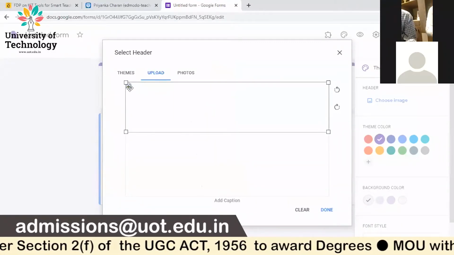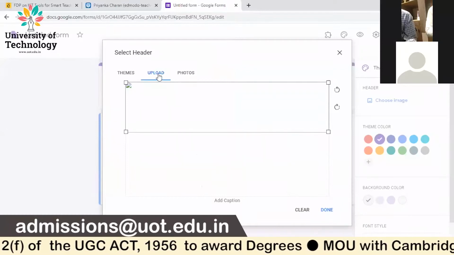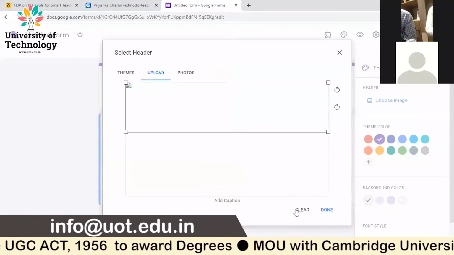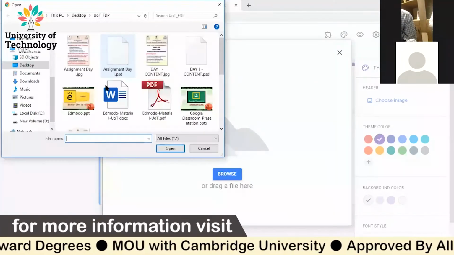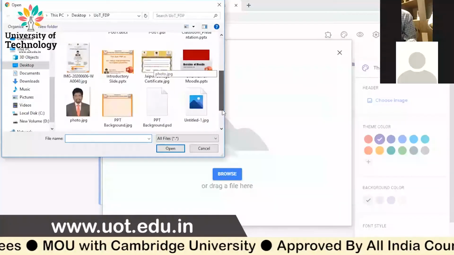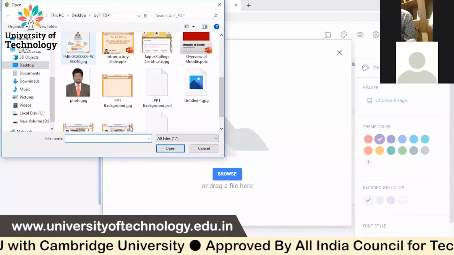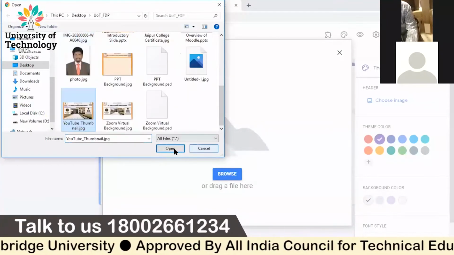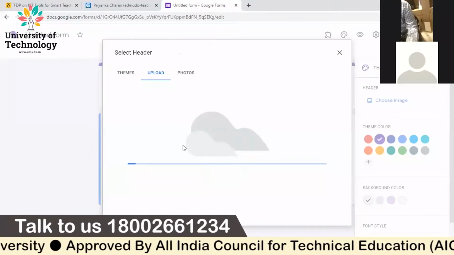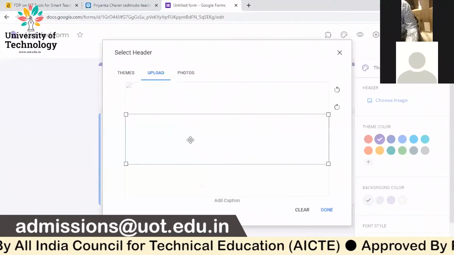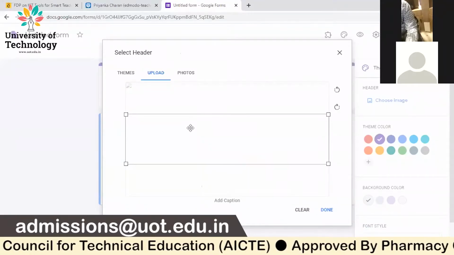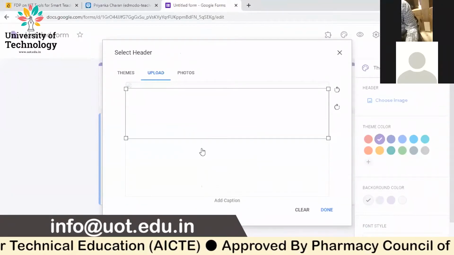See, the file is not able to upload. Now click once again. Upload a smaller file so that it is better for you. I'm choosing once again the other one. This is again a bigger file, so it is unable to upload.